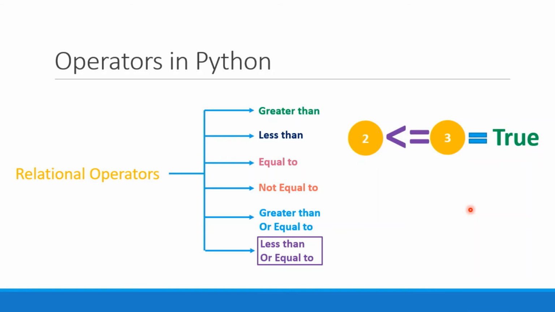Now let me give you another example which gives us the answer as false. For example, I have 3 and I have another value as 2, and I want to check if 3 is less than 2 or if 3 is equal to 2 or not. So what I will do, I will use this less than equal to operator, and it will check if 3 is less than 2. No. Then it will check if 3 is equal to 2. No, 3 is not less than 2 and 3 is not equal to 2. So the answer will be false here. So that is all about these relational operators in which we check the relationship between different values or different variables.